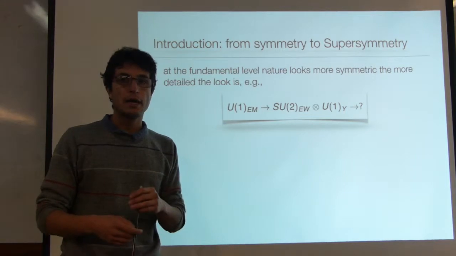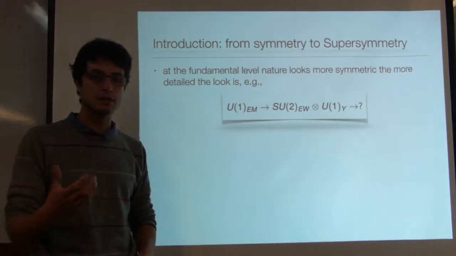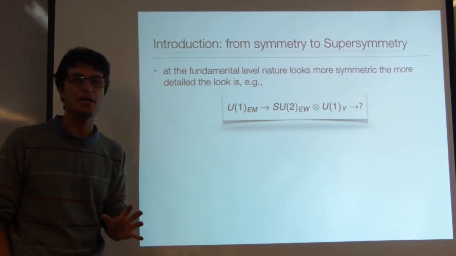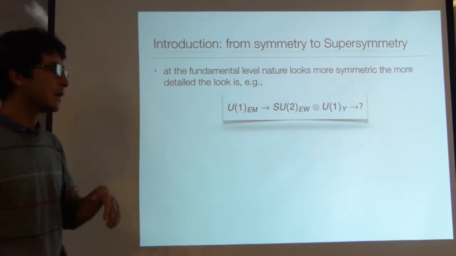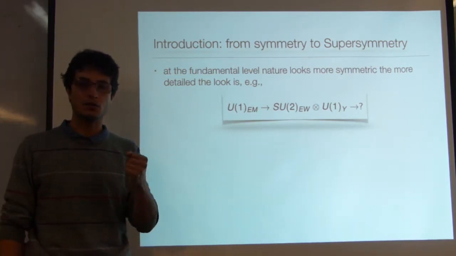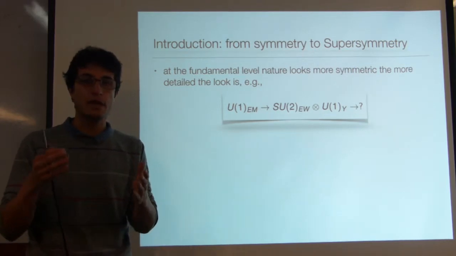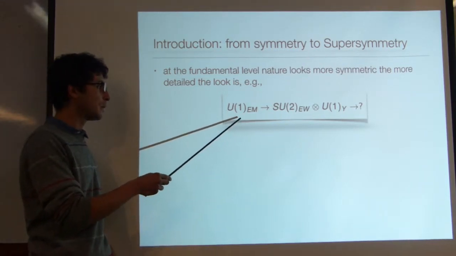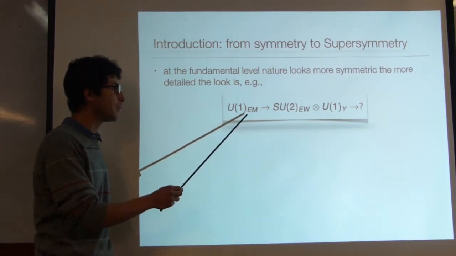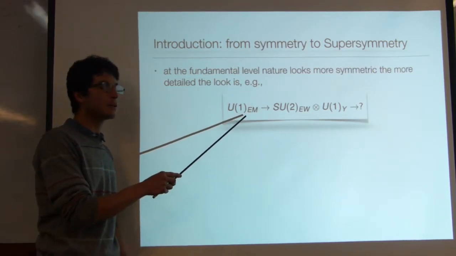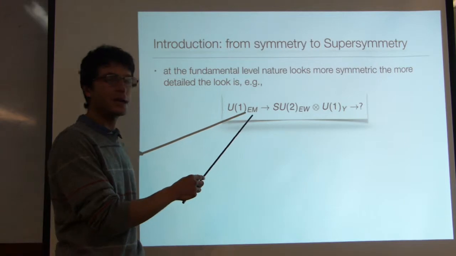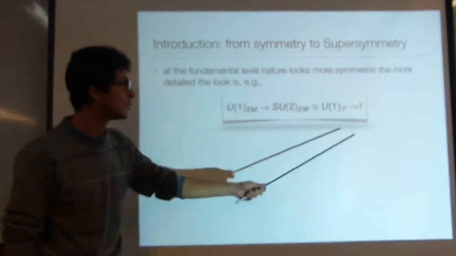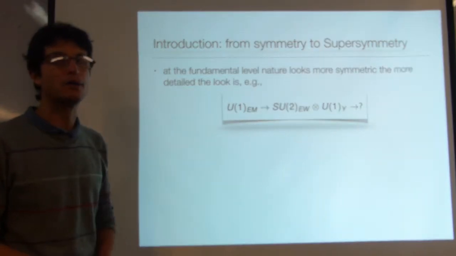Imagine that you are studying nature, and in nature we have found that the more detailed the observation of nature, the more symmetric it is. We have several examples, like electromagnetism, that is actually a combination of electric and magnetic fields. But here, as a more focused example, when we go to higher energies, the electromagnetic symmetry becomes the electroweak symmetry, and we expect at higher energies to have a further higher symmetry, like grand unification.